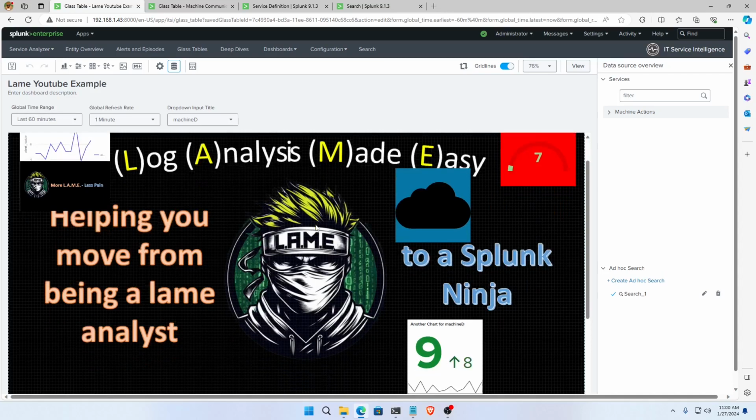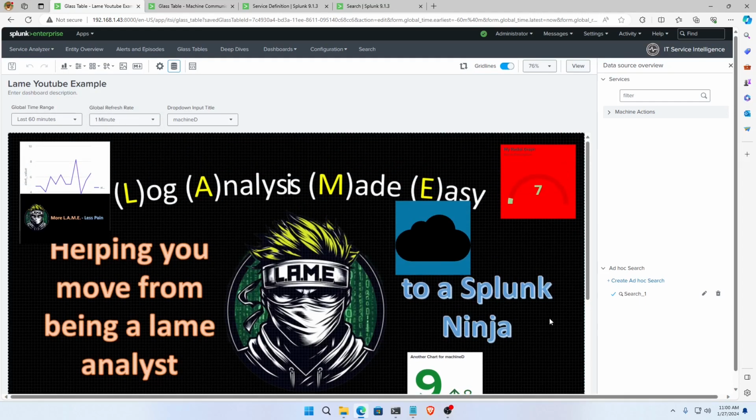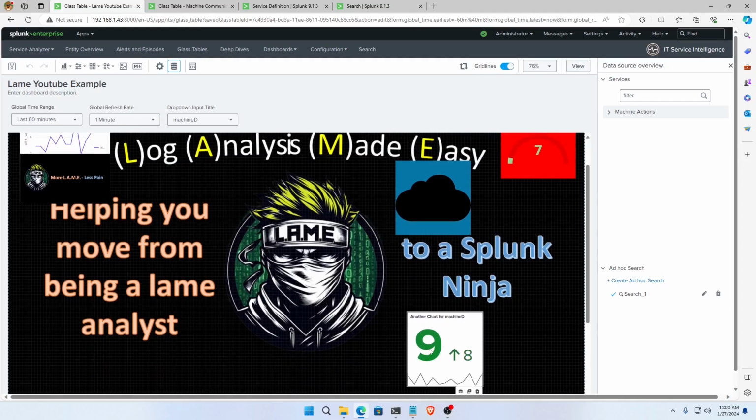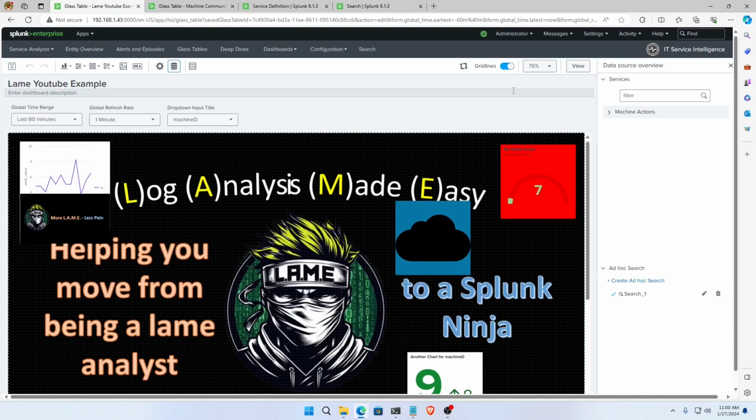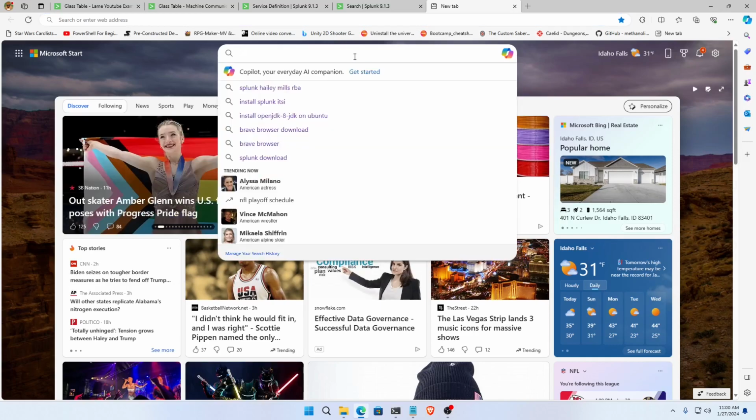Anyway, and I hope you saw this. It just changed because this page refreshes every minute. So this will just give you a nice constant looking at your environment. I am going to bring up a search here. And if I do Splunk ITSI